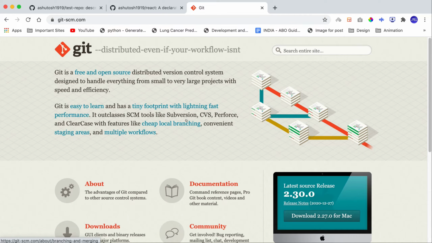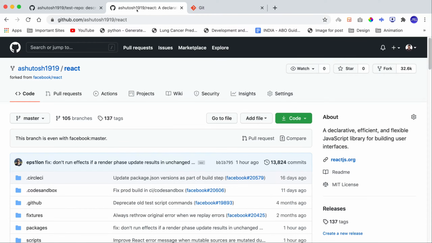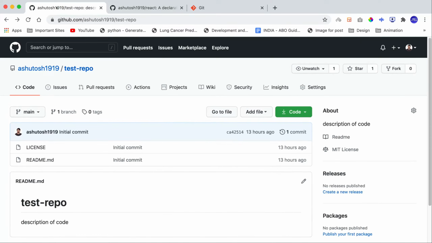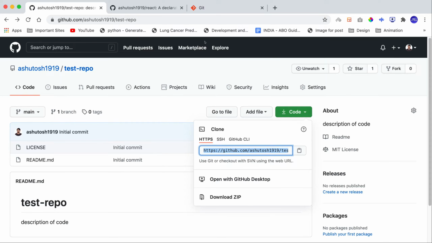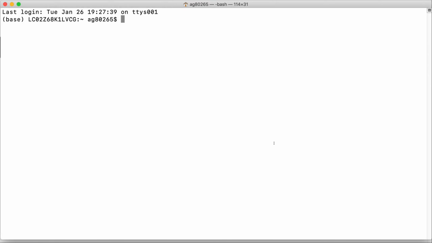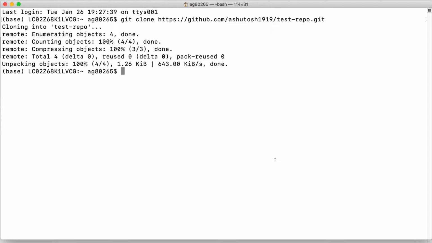Let's clone the repository in the local computer. So we will not clone this React repository because the size of it is very big and it will take much time. Instead, we will clone the repository which we created in the last video. So to clone the repository, first copy the URL of the repository from here. Note that you should not copy the URL from the browser tab, otherwise you won't be able to push your changes back to this remote repository. Now after copying this URL, open up the terminal and type the command git clone and paste the URL that you just copied. On executing this command, the copy of the repository will be created in your local system.